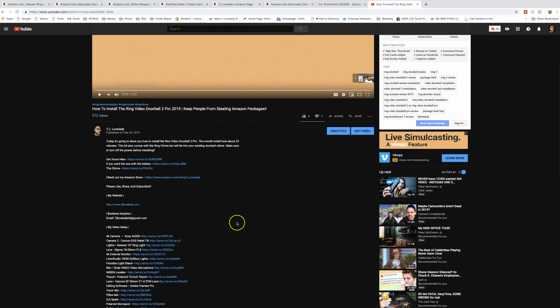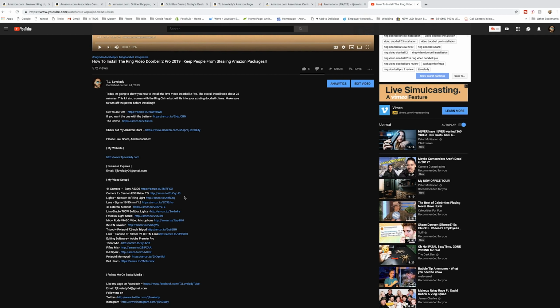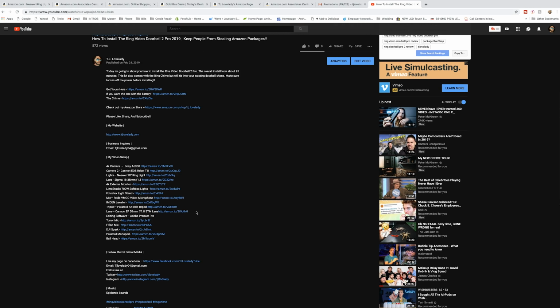Anyway, this is one thing that's really easy to do and can get you a lot of sales: I put my video setup. This is everything that I use in my studio: my camera, my second camera, my lights, my lenses. That's that Sigma 18-35 f/1.4. My 4K monitor, softbox lights, just anything that I use. I went and found it on Amazon, because you can find pretty much anything on Amazon. Even if you didn't purchase it from Amazon, you can still find a link to whatever you use, and generally you can find a link for that.